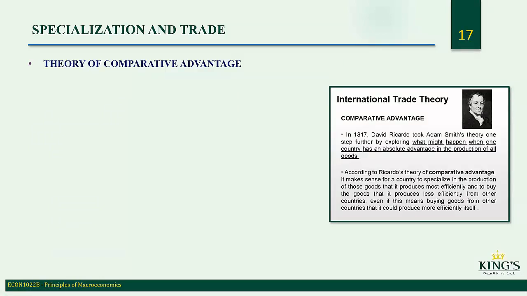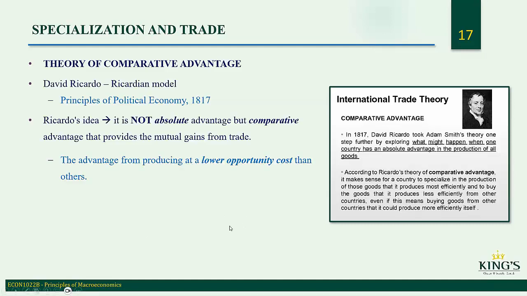What really matters is the relative productivity, or the opportunity cost. So what really matters is if a country can produce something at a lower opportunity cost than another country. You could have one country having an absolute advantage in both goods, and you could still benefit from trade, and we'll see that. So basically, to recap, it's comparative advantage that promotes the gains from trade,